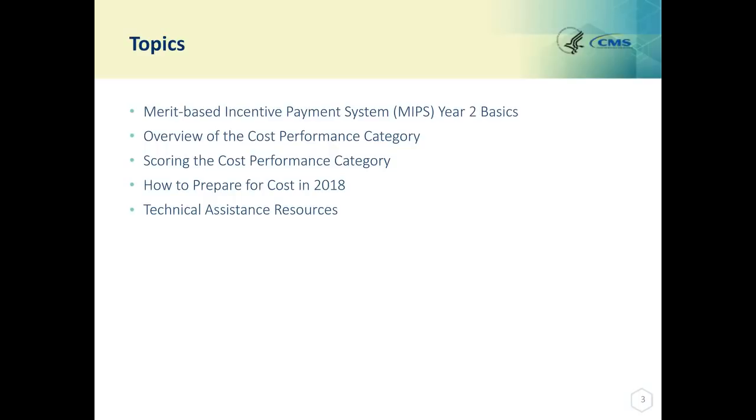Of course, we'll wrap things up with a review of support options that are available to help you through the cost performance category, and we'll take some questions at the end as our time allows. So jumping over to the next slide,